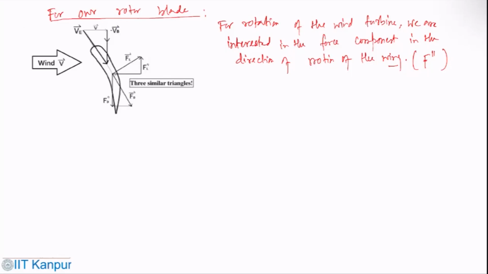So what we get is P of B is F dot VB. Now, if FL plus FD...